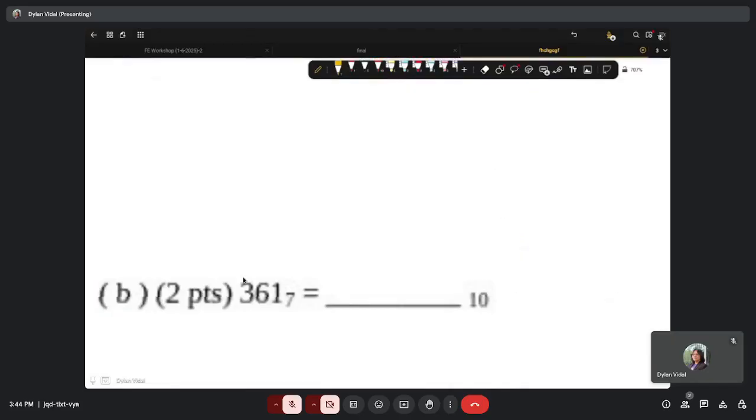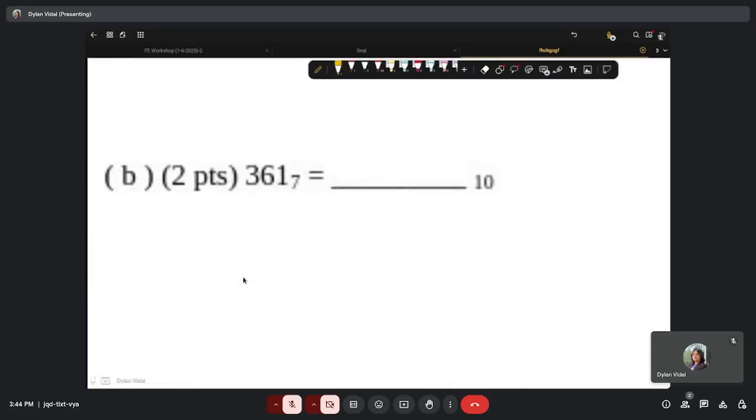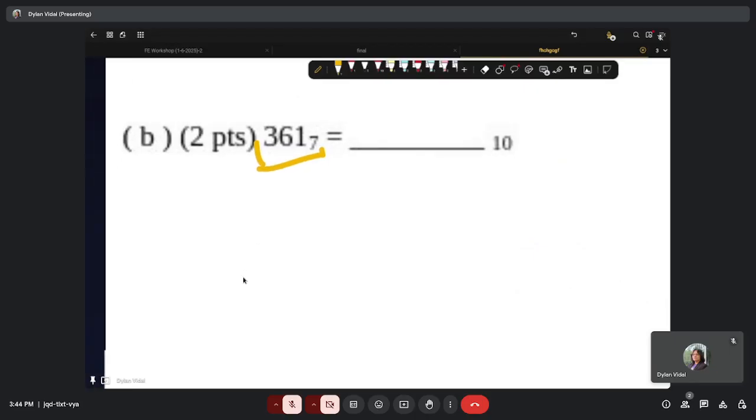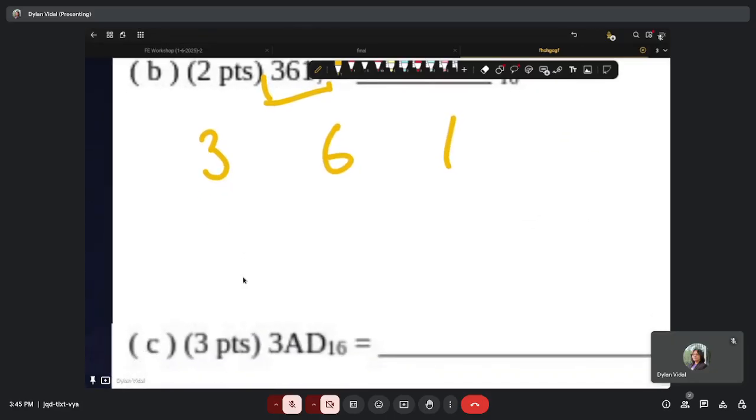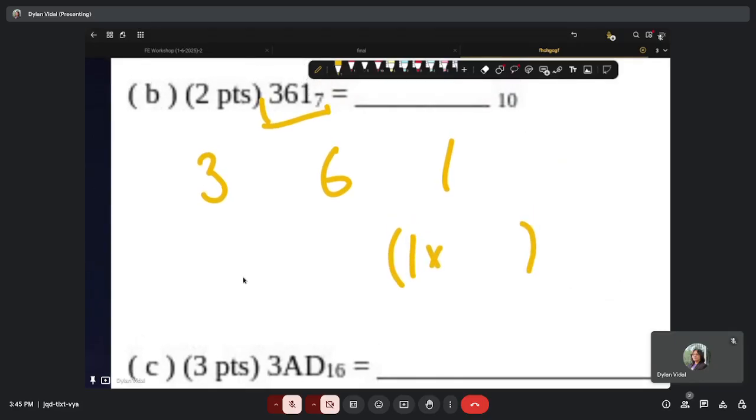And so for the next problem, now we're converting from a base into decimal. So what type of strategy are we going to do this time? Multiply and add up, right? So the way I like to do it is I like to spread my numbers out quite a bit because we're doing some math here. So this 1, what is this 1 actually going to equal? 1 times 1. But think of it as 7 to the 0 for now, just so you can keep track,